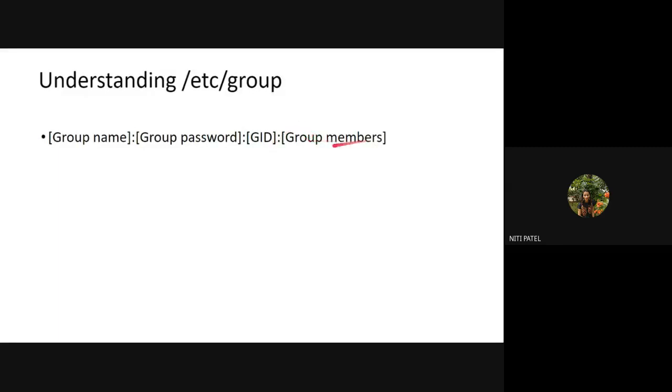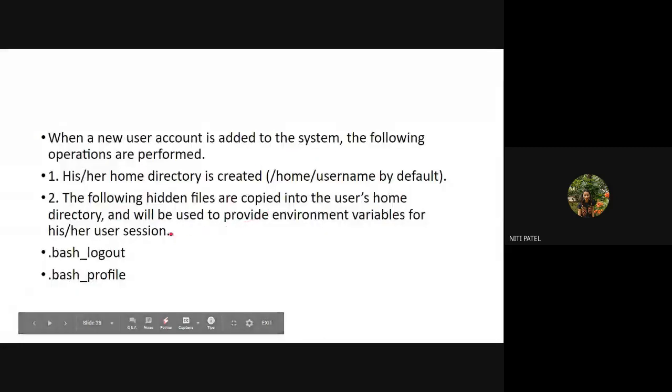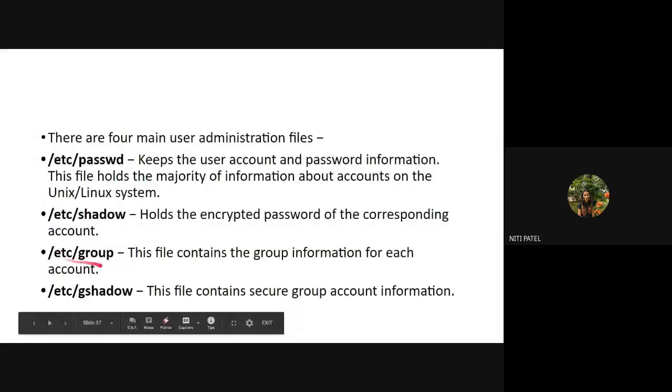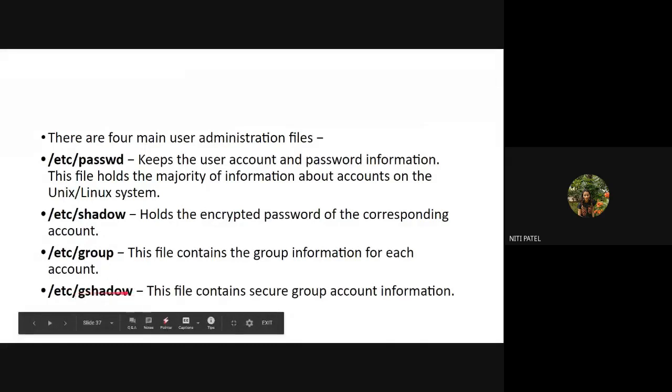After that, what you will get to see is all the group members. So you can have My Linux, ABC, then XYZ, all the users which belong to this group, all the users will be also listed. So your etc/group file is going to store the information about your group name, group ID, your group members, and every detail will be stored in an encrypted format in this gshadow file.